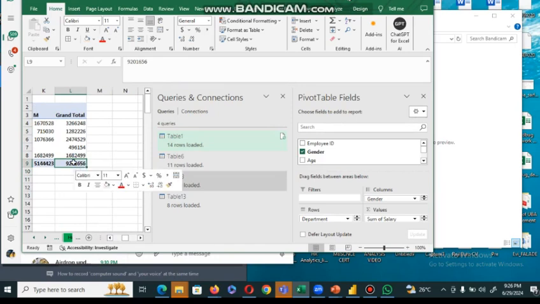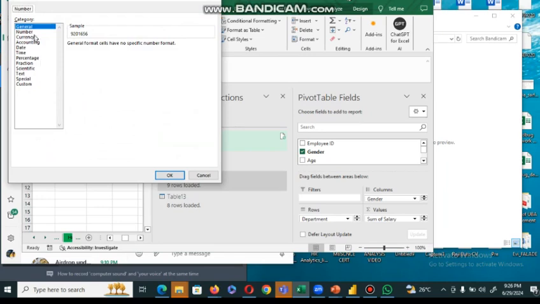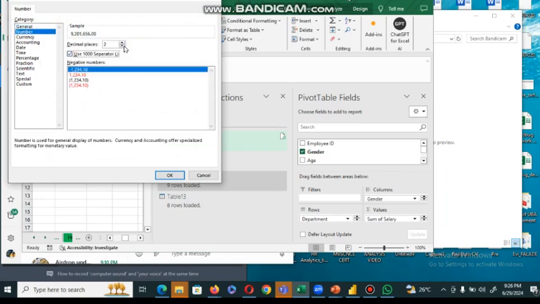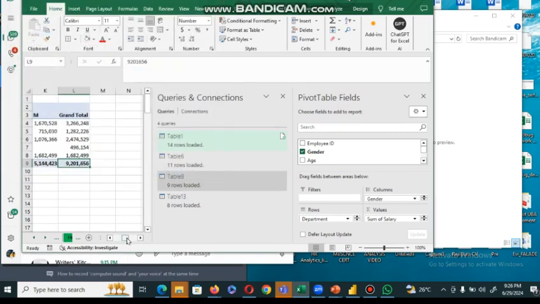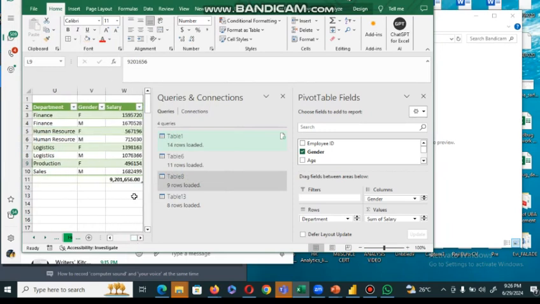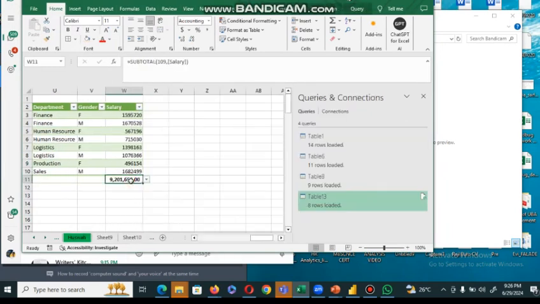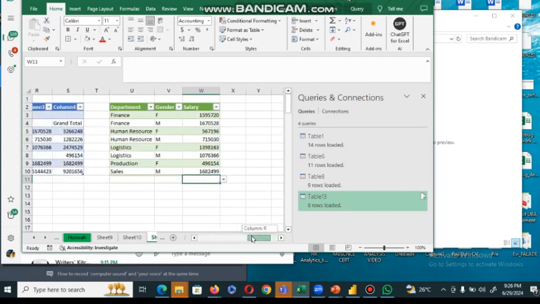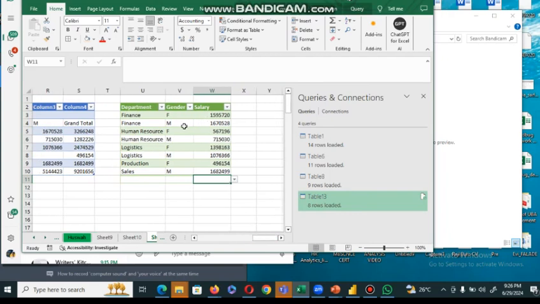So right click here on the pivot table, the number using 1000 separator, and you can see that we have the same value, 9,201,000. So the same thing here, 9,201,000. So with this, we have been able to establish that I've been able to create a 3-column data set